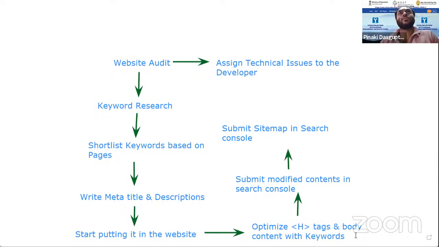Now, say you have created all these things and this part is done. Now, what is your task? SEO, as I have mentioned, is a continuous process. Once you do all these things, you don't have to do them on a regular basis, because you have already written the meta titles and descriptions, and you have already optimized the content, keywords and all. So you don't have to do it regularly, but still you have a lot of things to do in on-page SEO. So what are these things?